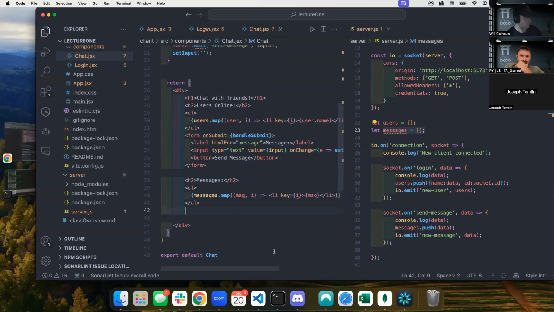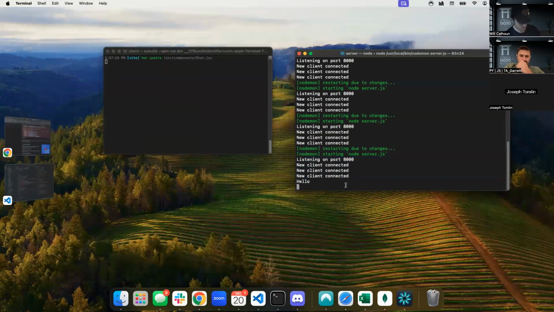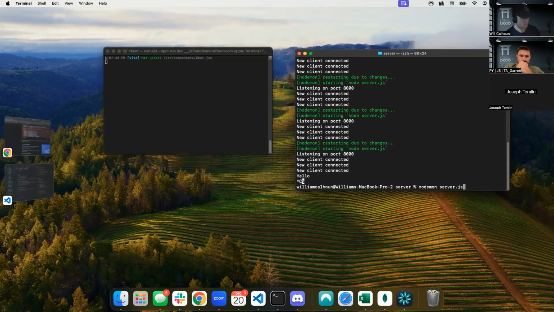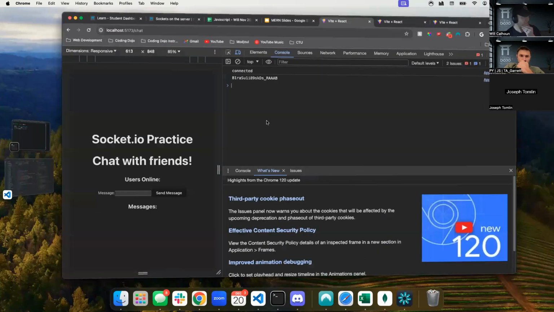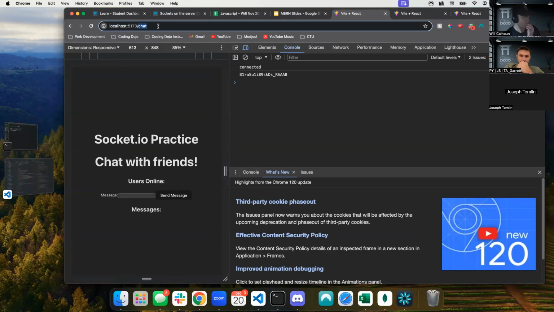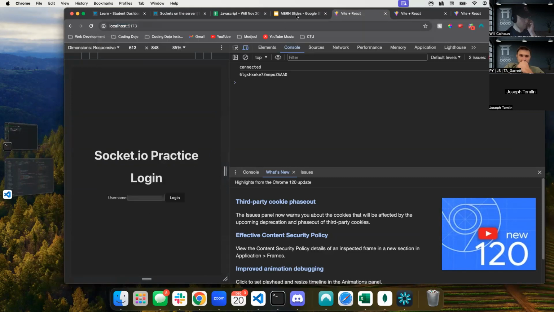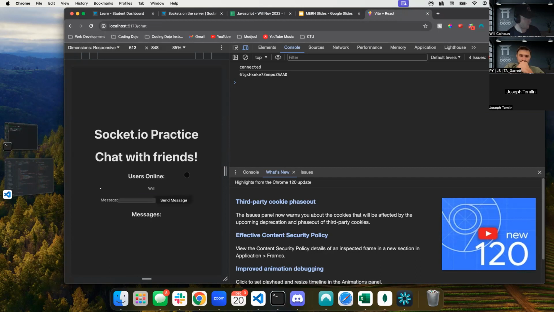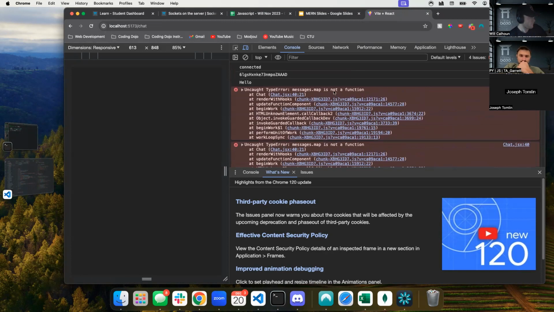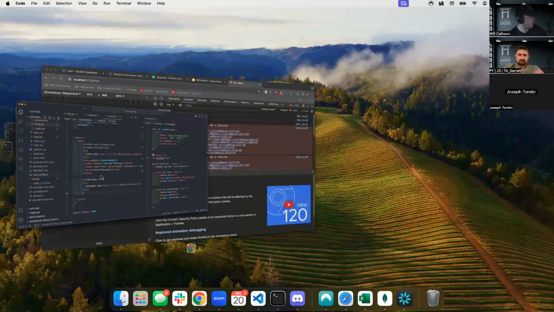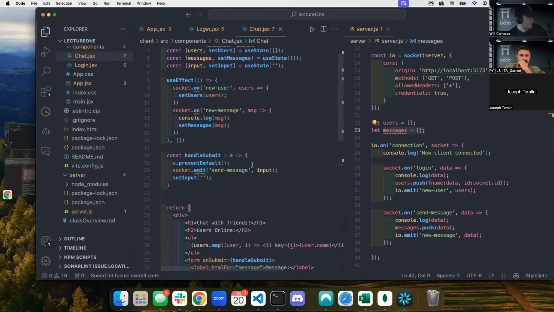Hmm. When the code looks right, you just gotta sometimes spin everything up one more time. Let's see. Super good there. If I say will, log in, say hello. Messages.map is not a function. So it console logged. So what I'm getting is hello here. So we are